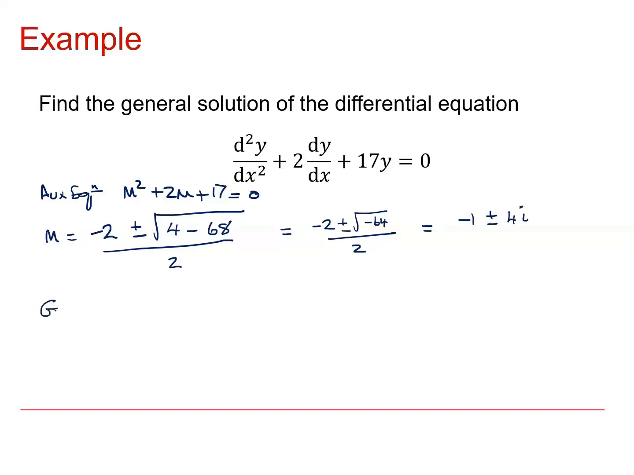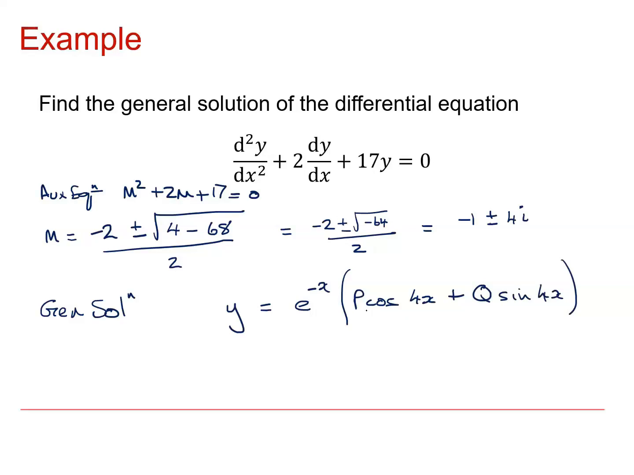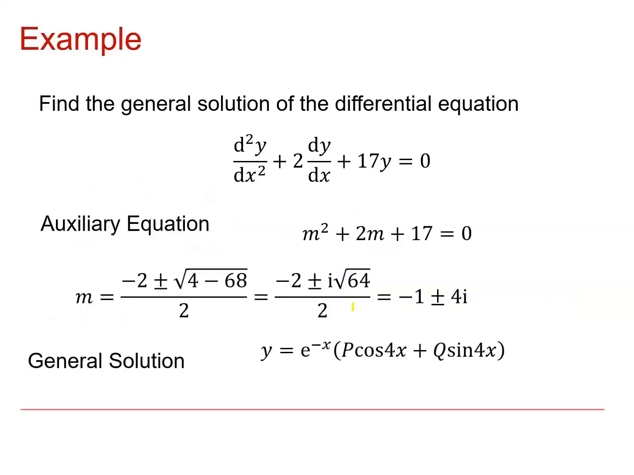So my general solution is going to be y is equal to e to the minus x (P cos 4x plus Q sin 4x). And again, there's that a bit more tidily. There's my auxiliary equation and my roots of the auxiliary equation, and then finally